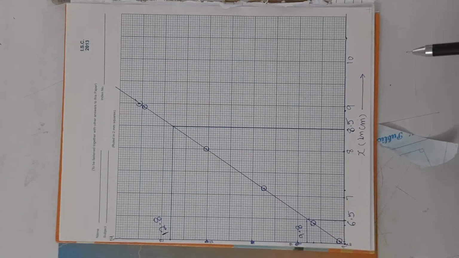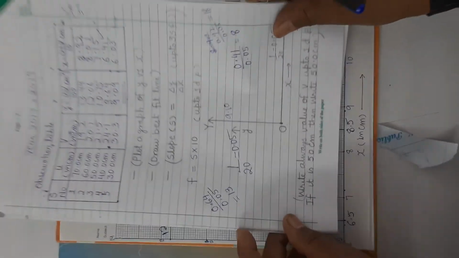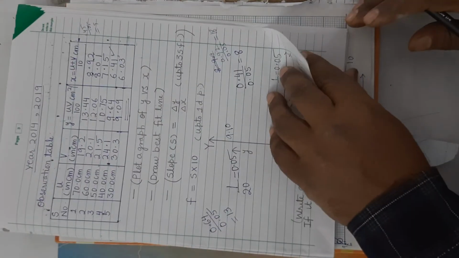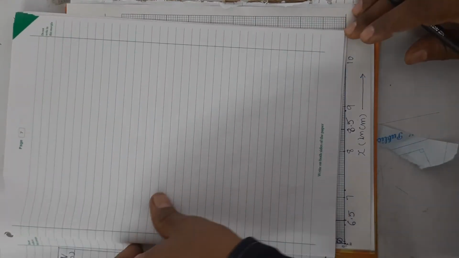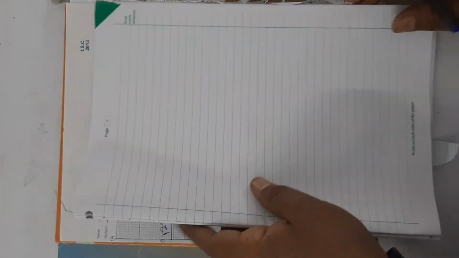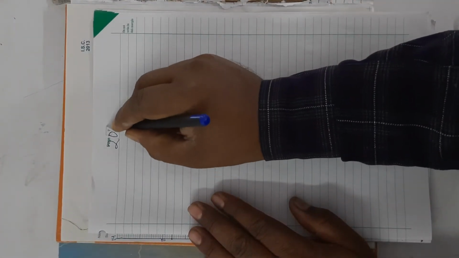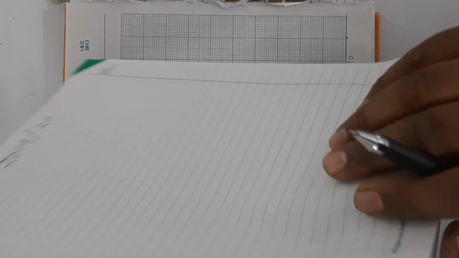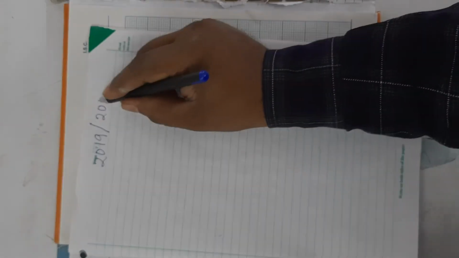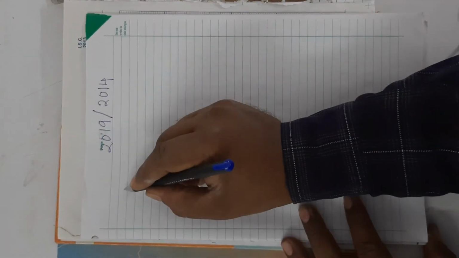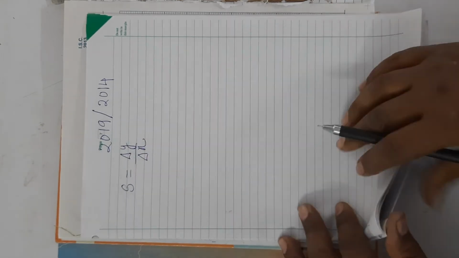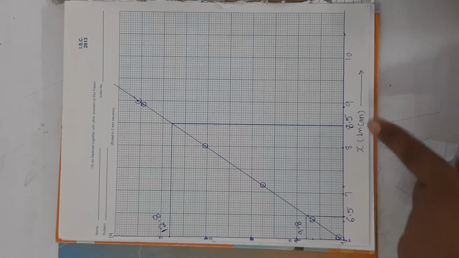12.8. Now, we will determine the slope. So, slope is always found by using unknown points. Here I am showing on some other page. This is the experiment of 2019, and the same experiment has been asked in 2014 perhaps. So, you can see here what will be the formula of the slope. Slope equals delta y upon delta x, means the difference of y-axis values upon the difference of x-axis values.